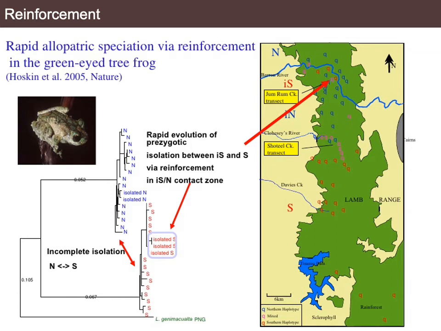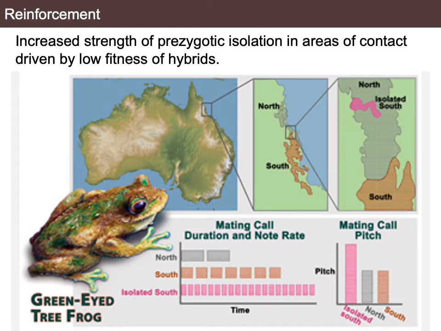All right. Now let's think about what was demonstrated in this study, which I'm not going to make you read, but it's a fantastic illustration of reinforcement. So here's what's going on. On the bottom, we now have a graph of the mating call: the duration, note rate, and pitch. I want you to think about this. We've got the call of the northerners, the southerners, and then those isolated southerners. If we compare the northerners and the southerners, they have different calls. If you look to the right, the pitch is not very different between northerners and southerners. But if you look at the duration and the note rate, the northerners and southerners have different duration and